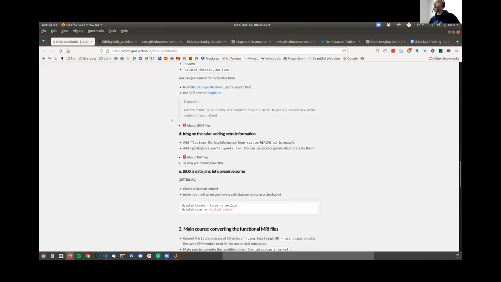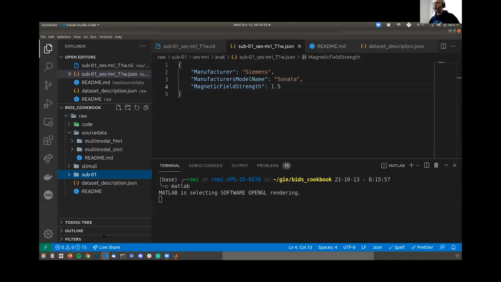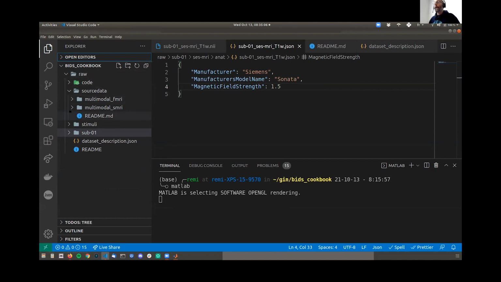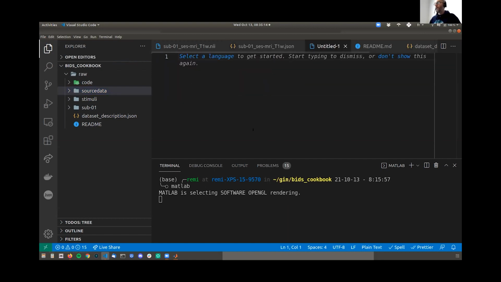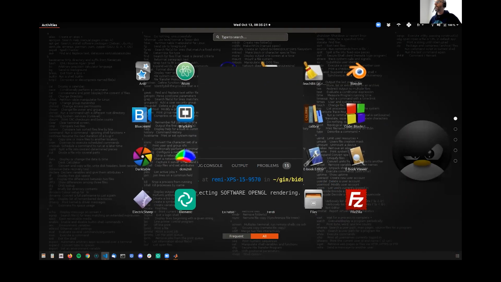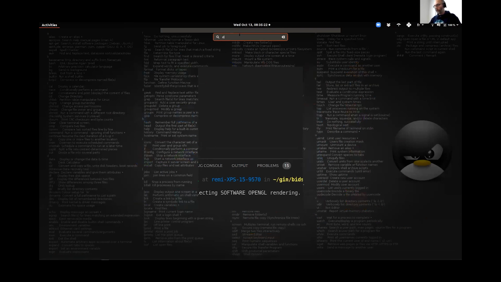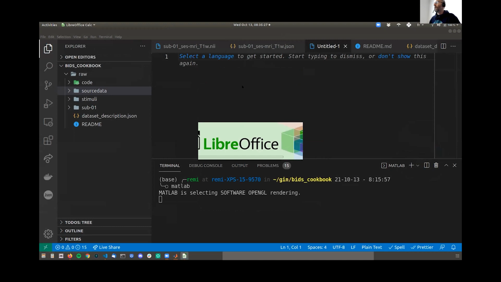Participant.tsv. Yep. So this is where you put information about the participants of your data set, right? And TSV stands for tabulation separated value. You could write it directly in the editor here, but you can also just create them with Excel or whatever software you're using to deal with tabular data.